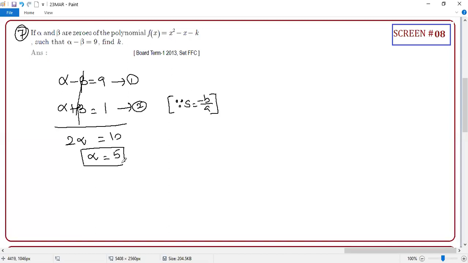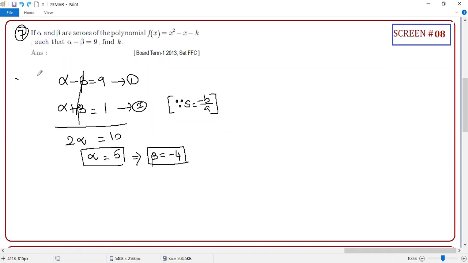Now what is beta? Think about beta. What value should you substitute for beta so that you will get 1? Immediately. Guys, beta should be what? Minus 4. I don't want to say substitute here and there, student, please remember. Sir, you're supposed to find k, but you found alpha and beta. How are you going to find k?